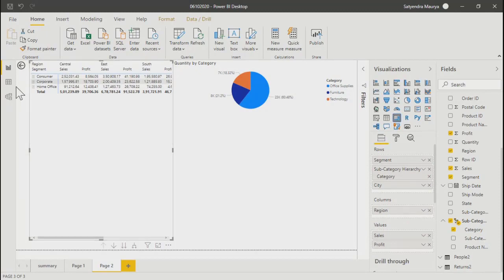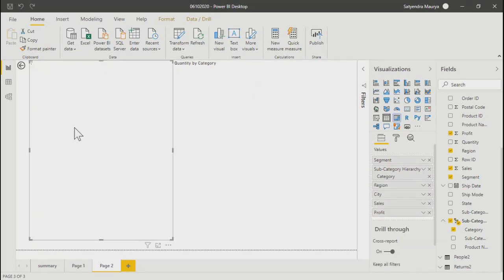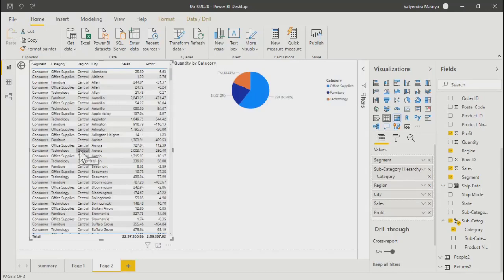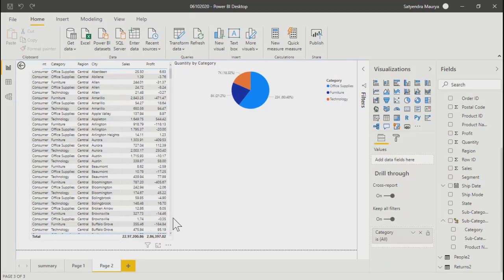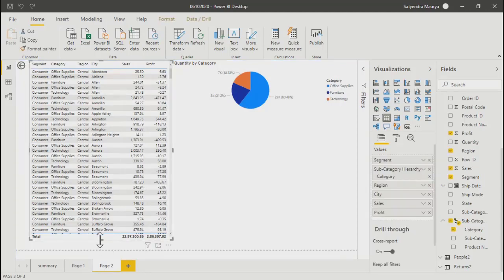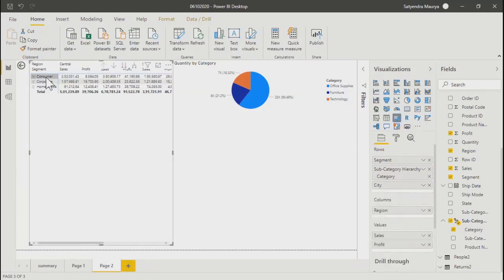Okay, I just converted the existing chart. You can say it's a drawback or maybe it's a beauty of Power BI. Earlier it was a simple table. I wanted to insert one more matrix table or cross table, and when I clicked on it, this component was already selected, so it automatically got converted into a cross table. See, over here you get that in the collapsible format.